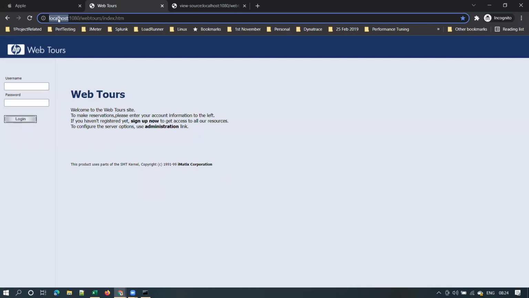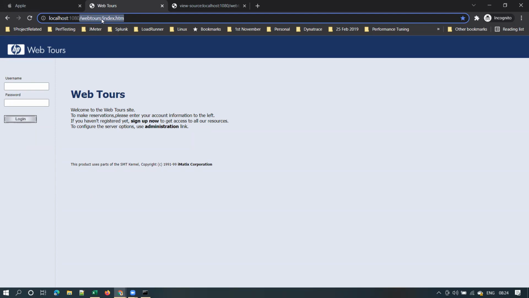And 1080 is the port on which this particular WebTools server is running. And this is called the resource path, by the way. Whatever comes immediately after the server name and port number is called the resource path.